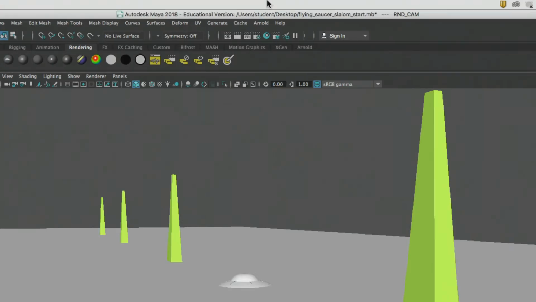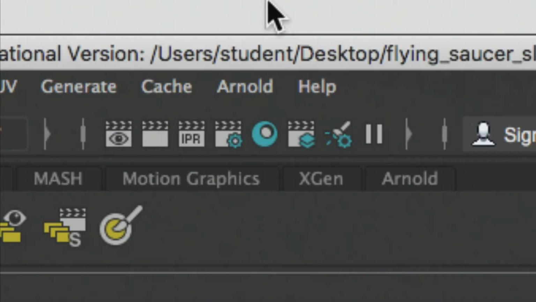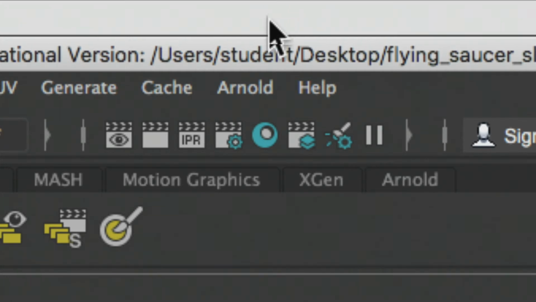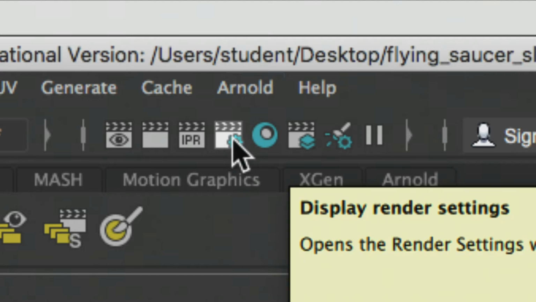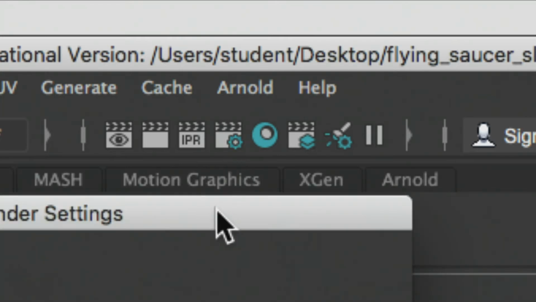First and foremost, we need to define our render properties. This is literally the first thing I do whenever I start any animations. I go into my render settings and I start defining this. I need to define the frame size because we're going to animate to that frame size, and we only want to animate once. Changing the frame size after we animated is often going to require us to go back in and reanimate sections, which is something that we just don't want to do. This is already so hard. Let's just do it correct the first time. So if you go into the render settings,